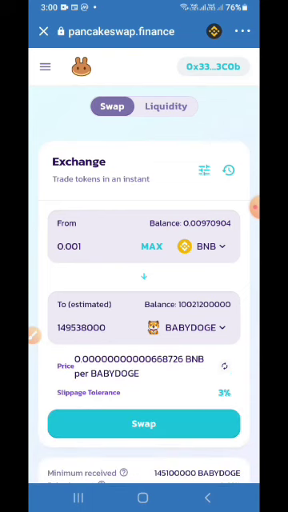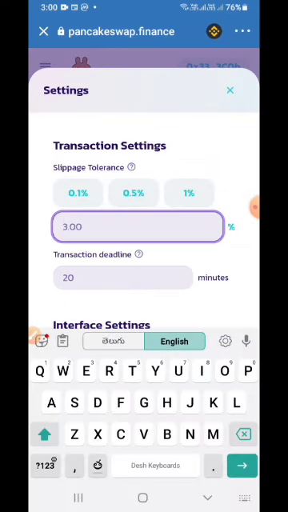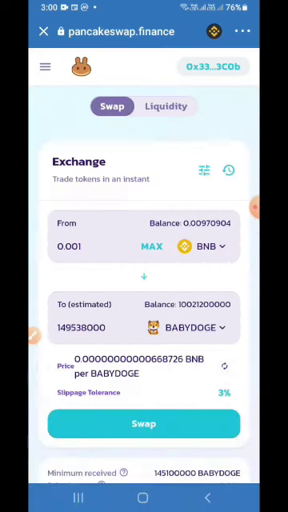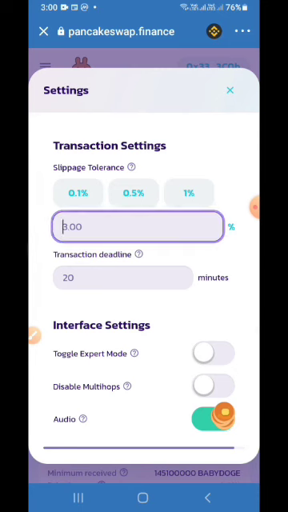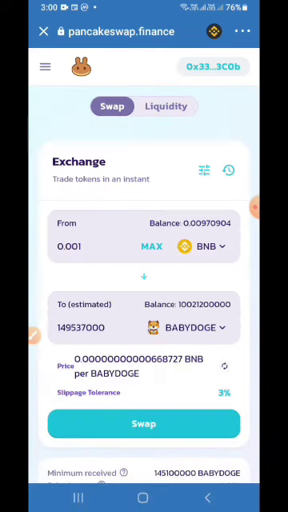Change the slippage. Try changing the slippage to 3% first. If the process is not successful, change the values from 3, 4, 5, 6, 7, 8, 9, 10 to 12% slippage and click on confirm swap.